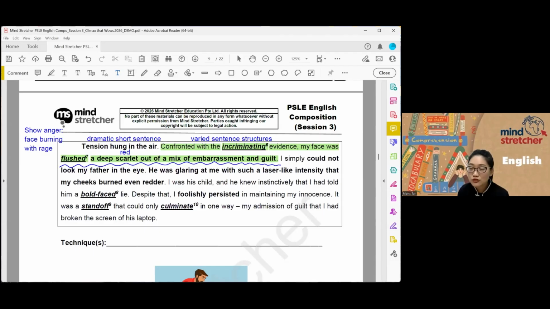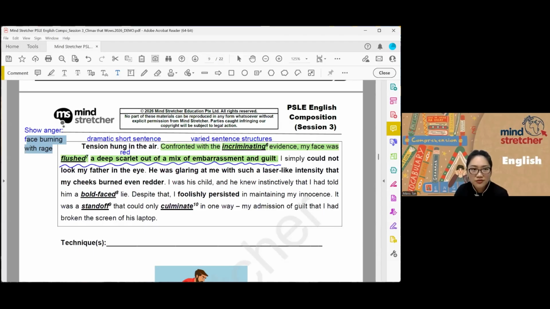Some people start to use hyperbole. They say, I swear smoke was coming out of my nostrils and ears. Okay, some people go into that hyperbolic sort of description. It's fine. Slightly comedic, humorous, but this is okay. Simple, easy to spell, right? Face burning with rage is better than angry, right? This is showing also. Easy to spell, okay?